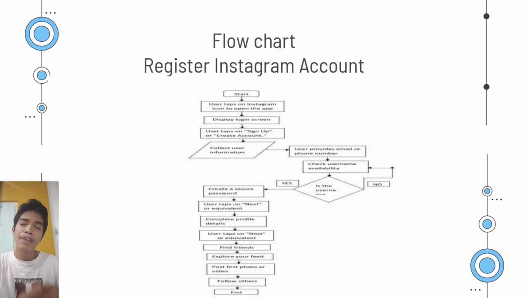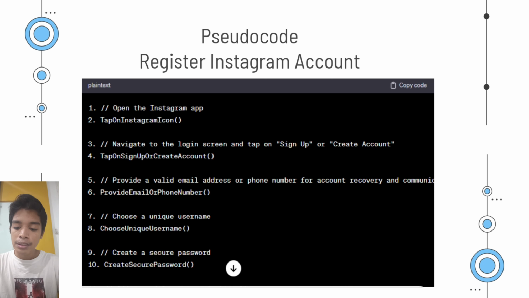Alright, we talk about the flowchart. Does everyone know about the flowchart? A flowchart is graphical. You can see the flowchart for registering an Instagram account, from start until end. Oh yeah, sorry, I forgot to explain to you: flowcharts have some meaning in their symbols. I will send it to you, okay? Now, and the last